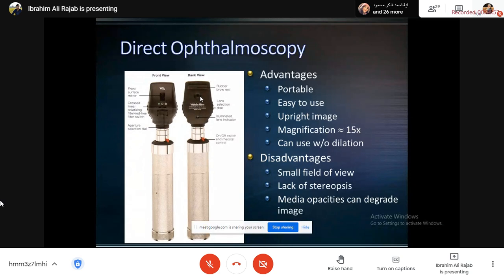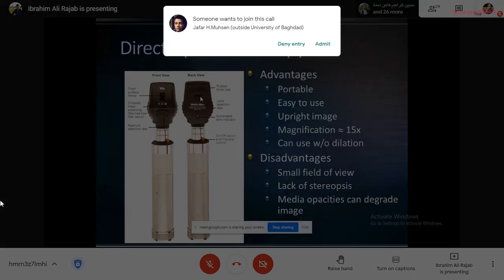The second disadvantage, it has a lack of stereopsis. What I mean by stereopsis mean the sense of depth, أو الإحساس بالعمق, أو the third dimension. The stereopsis is felt because we see by our both eyes a different angle of the same object. We see a different angle, and this disparity will stimulate the sense of depth. So the sense of depth